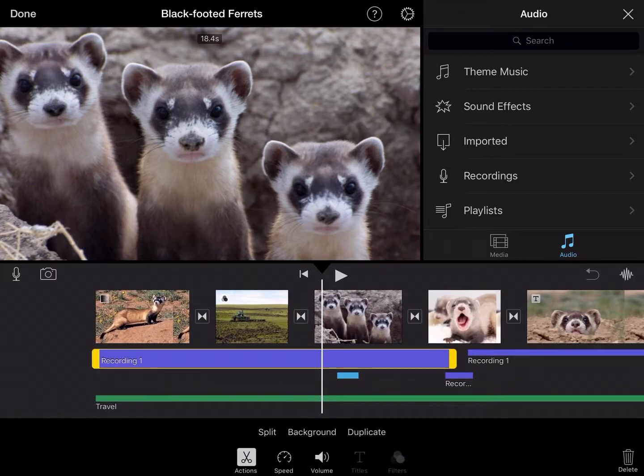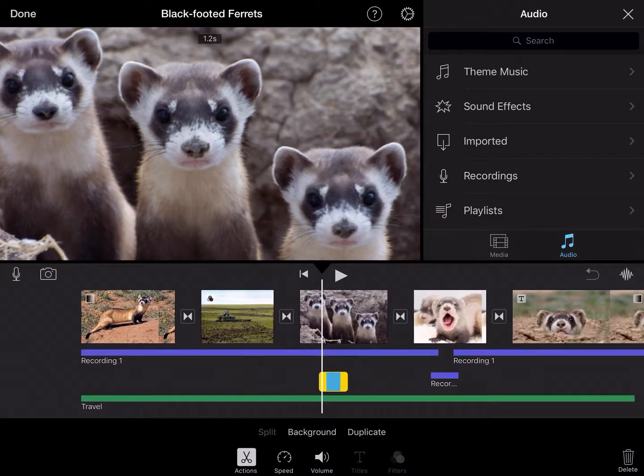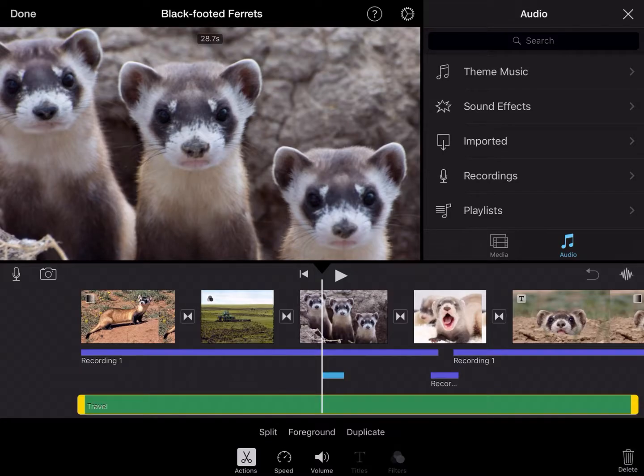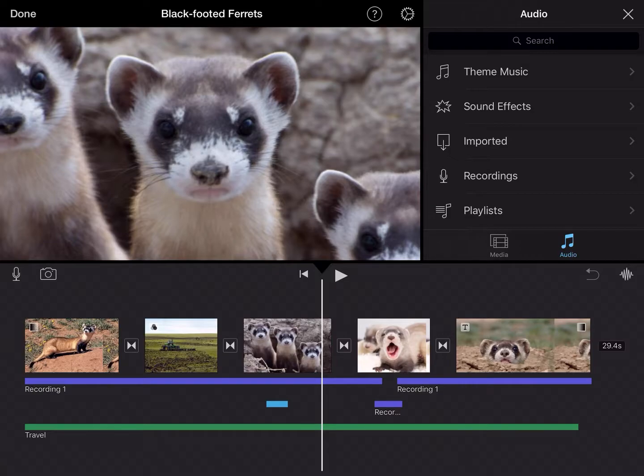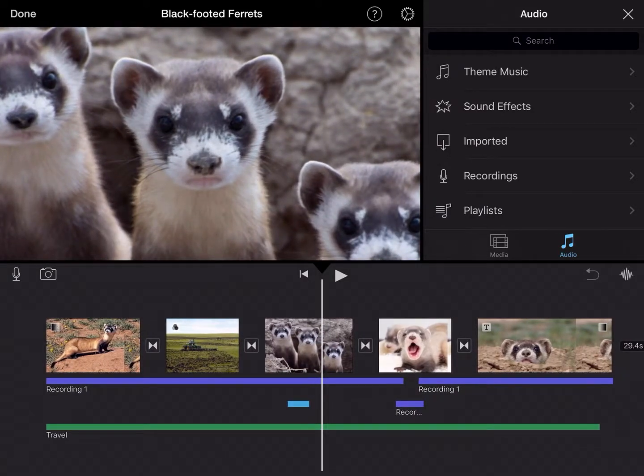That's something that was recorded into the microphone of the iPad. Light blue is a sound effect, and green is theme music. So immediately, just by looking at this, you could see, oh, there's 5 images, and there's several recordings, one sound effect, and soundtrack or theme music. So again, that's something you might want to do with your students from time to time. Analyze different video projects. So we have the timeline at the bottom, the